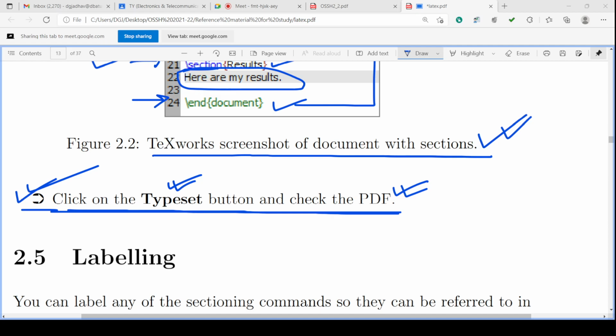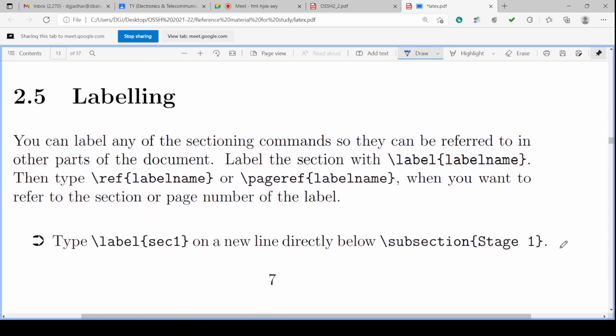After this, title, section, subsection, subsection, paragraph, subparagraph, or sometimes chapter. After this, one more important requirement is there in LaTeX, and that is labeling.